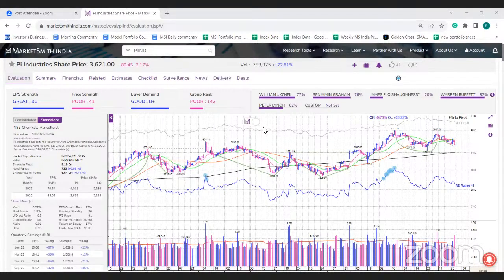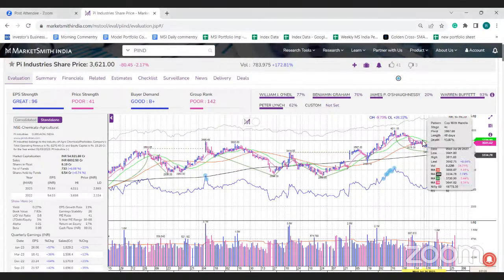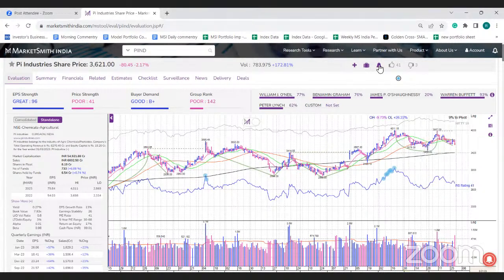The stock is trading in its stage 4C cup with handle base pattern. You can see here clearly, currently it is trading in the handle portion of the base pattern, and the handle portion is also good. The volumes have come down, but today's action is not good. The stock has fallen more than 2%, and volume was also on the higher side, so it is not a good sign. But the stock also breached its moving averages.